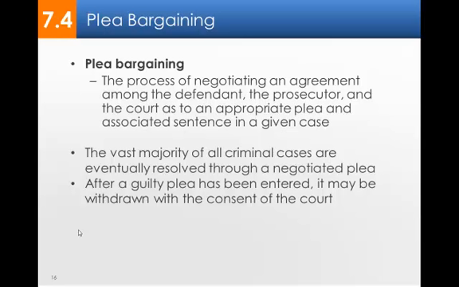And of course, the other one is a bargain for concurrent sentences. We make a distinction, and we'll talk about this later in, I think it's chapter 9, between concurrent and consecutive sentences. Concurrent means more than one sentence is running at the same time. So in those 7 burglaries, you may get 5 years for each burglary, but the sentences run concurrently. So the police solved 7 burglaries, the prosecutor got 7 convictions, and you went to prison for just 5 years.